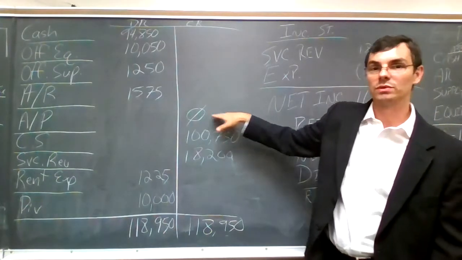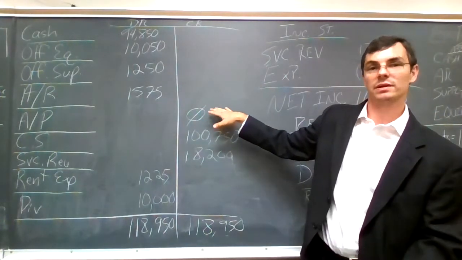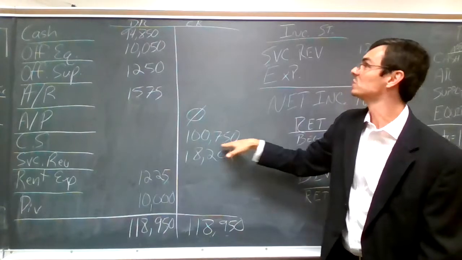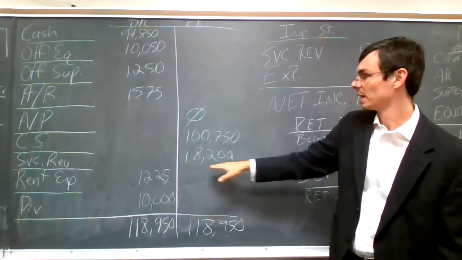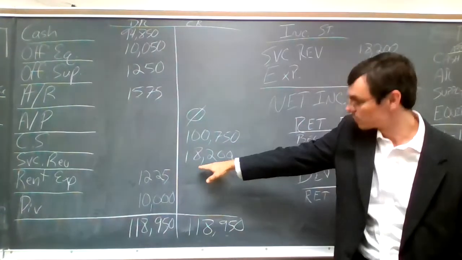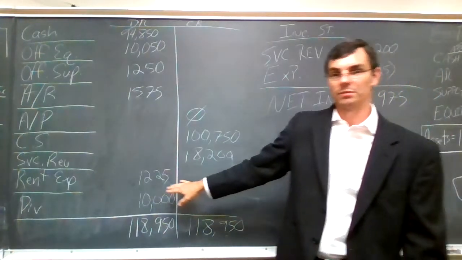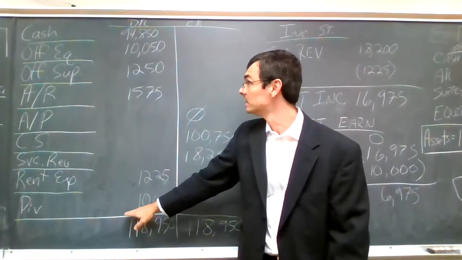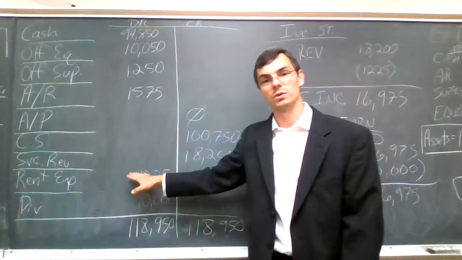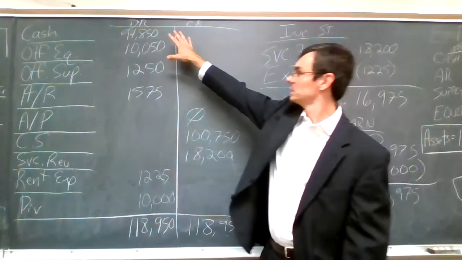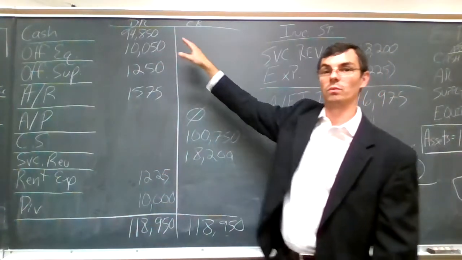Liability had a credit total of nothing. We had one liability, but we paid it off, so it's down to zero. Common stock has a credit total. Service revenue has a credit total. Rent expense and dividends have debit totals. All right. So after we get the totals put on each side, we'll go through the same thing we did before